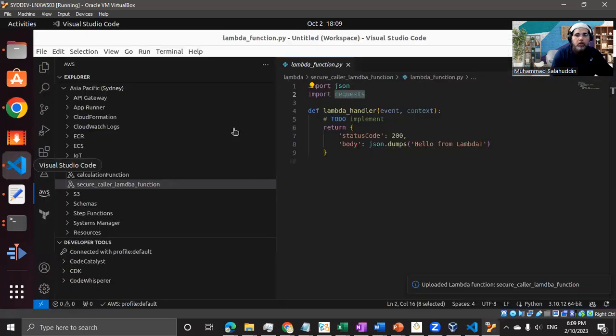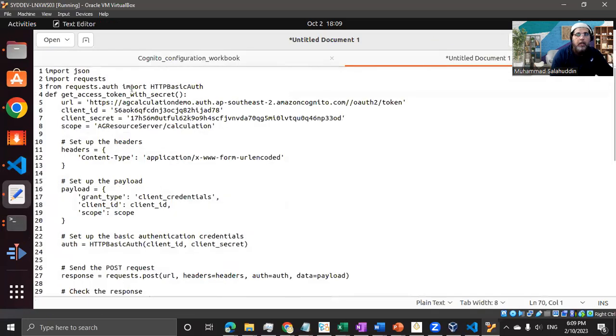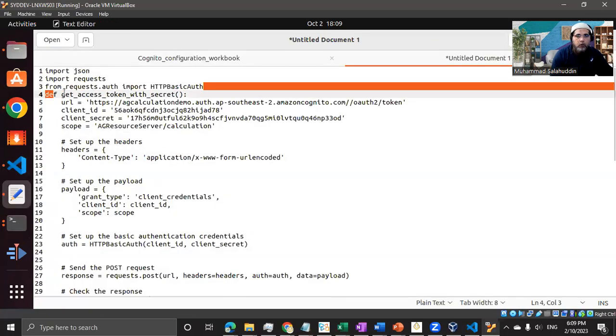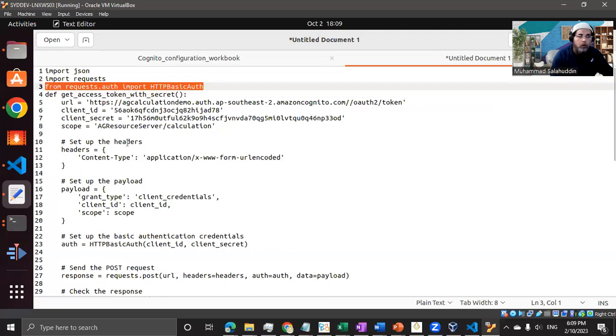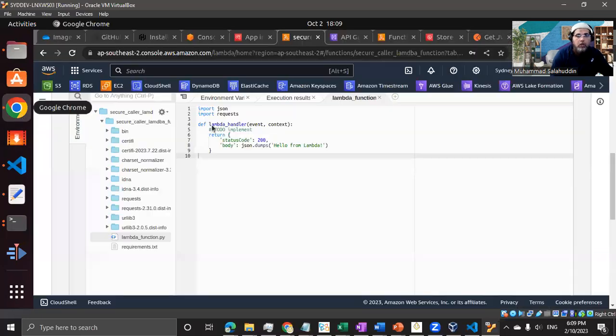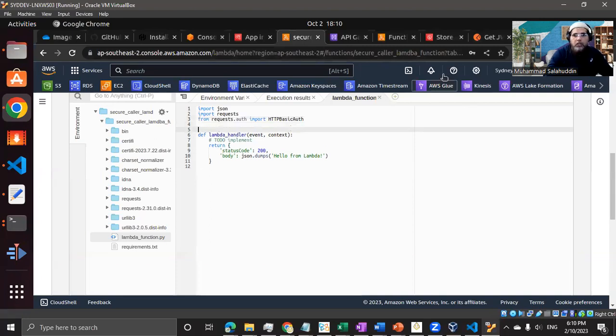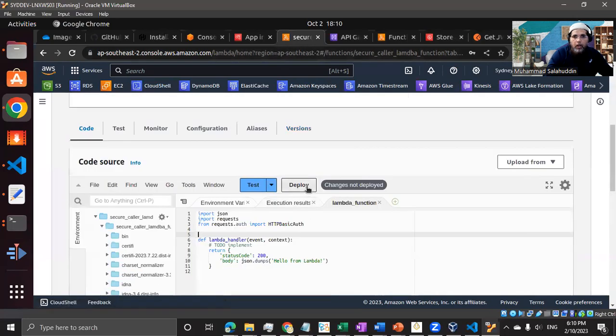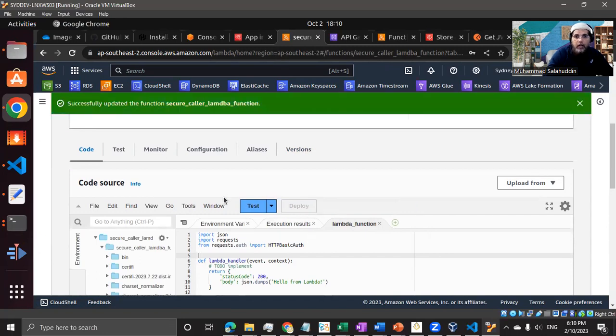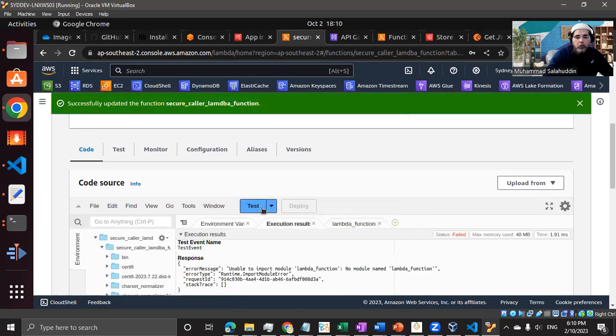One more thing I'm just going to do just to show you, because I have this available in here. I need to bring another. For that, we don't need to, because we only need the request package. So now I can safely use the HTTP basic auth from the import. So let's go and deploy. And if you remember previously, it gave us the error. Now, if everything works well, we are able to,